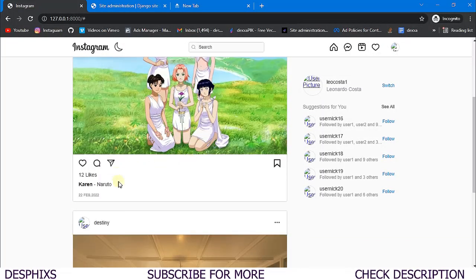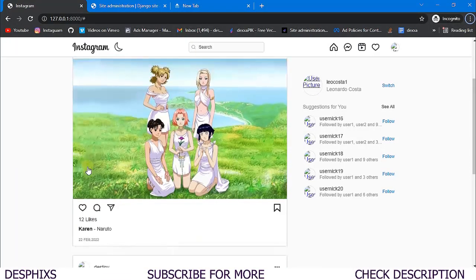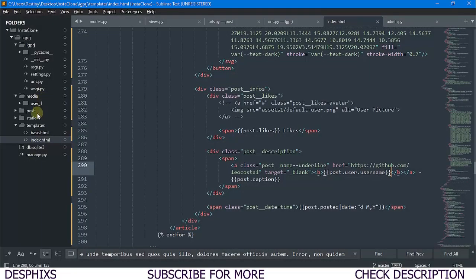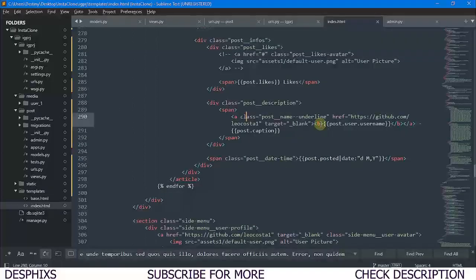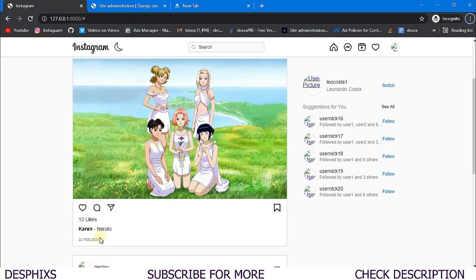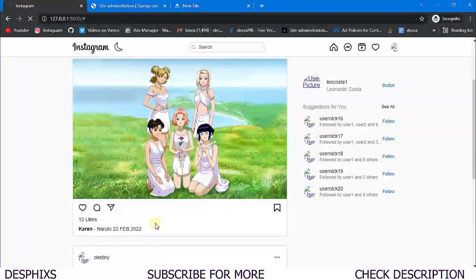So yeah, that's pretty much it's looking really fine, apart from the fact that the hashtags ain't showing up. So let's go ahead and make the hashtags show up. Okay, so in order to do that, let's get back to the index.html, and we need to create a hashtag section because we don't have it already. Okay, so I'm just gonna copy this, and I'm gonna come down here, paste it, refresh.